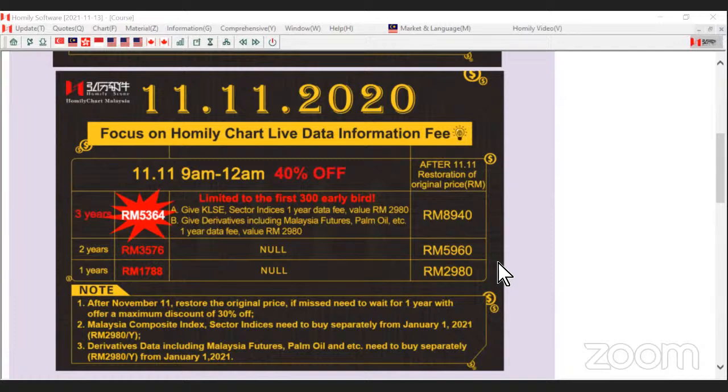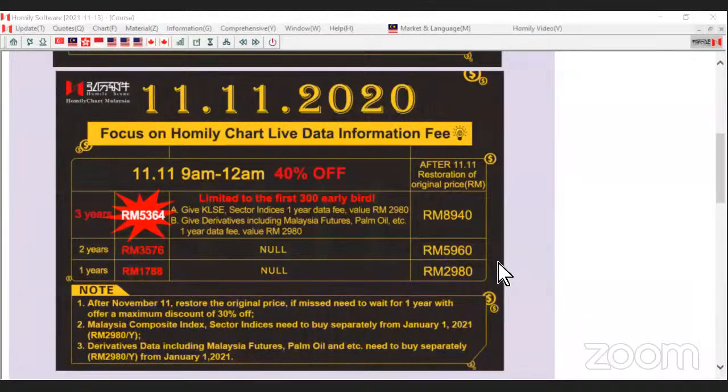And Q6, can this be bought with gold coins? Cannot. Can I go to the office to swipe the card? No need. You can do online transfer, online check. I just installed the PC version, can I still participate? No problem. Can I renew a few more years? Maximum 3 years. Are the PC key and mobile version renewed together? Yes. When the index is updated, how to renew next year? So these are some of the questions, and I also sent them already in your WhatsApp. You can check it for details.